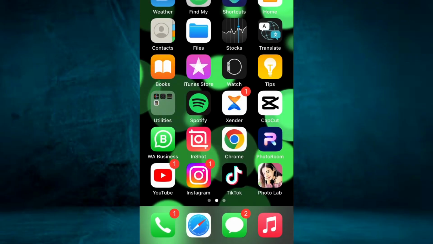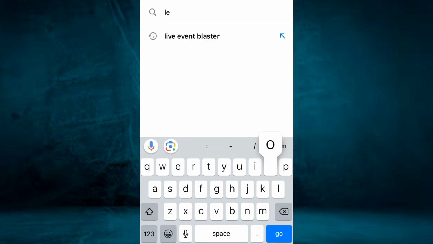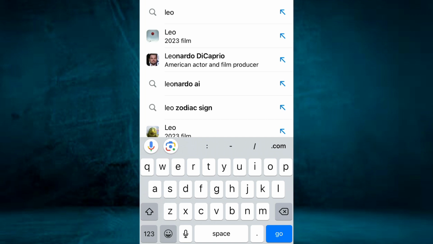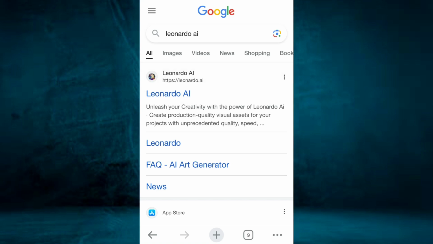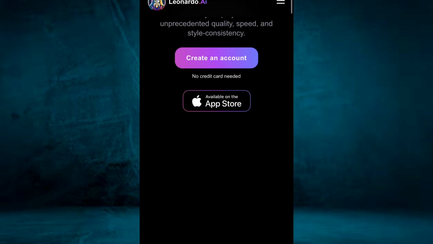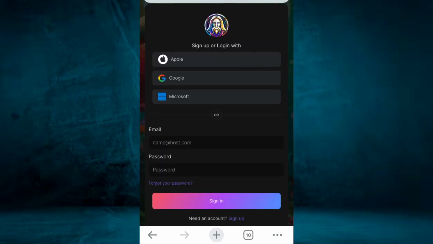The first thing is to go to Chrome, click on nonado.ai. You can see the way I'm typing it, .ai. Then it opens, then you click on the first one, then it gives you a page like this. All you need to do is to create an account. I signed up through my Google account, so I clicked on Google,